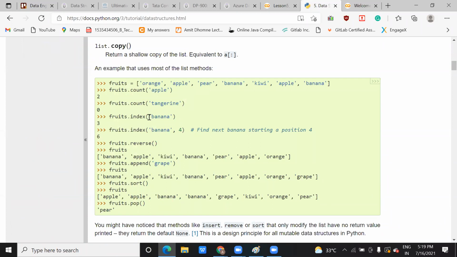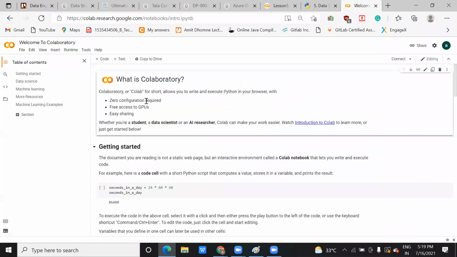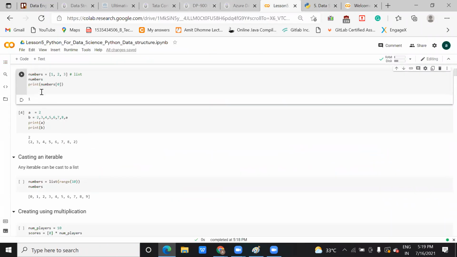Now if you want to count, you can perform a count operation also. Like here, if you want to try it, you can try it here. Okay, sorry, I need to print it.